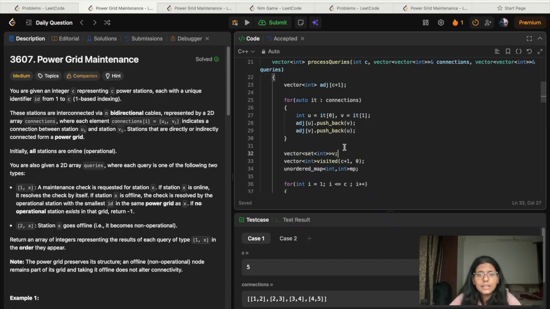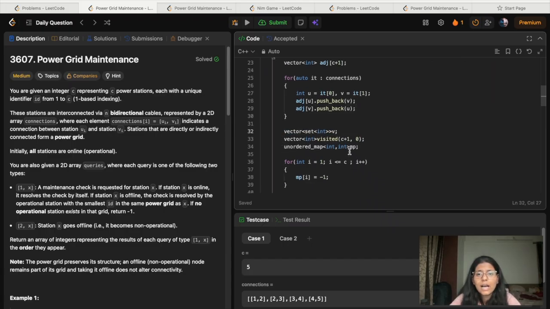Then I create this. Why do I create this? Because I want to maintain the smallest number for every subgraph, and for that I'm storing all the nodes in one set for each subgraph. As the smallest node goes offline, I'm just erasing that number from that set, and ultimately I'm taking the first element.